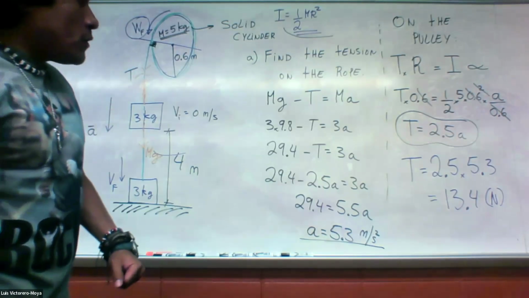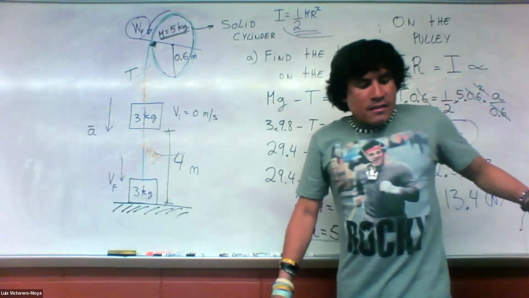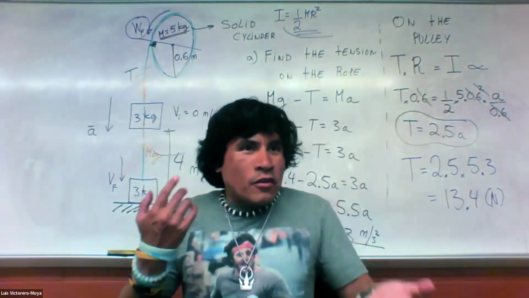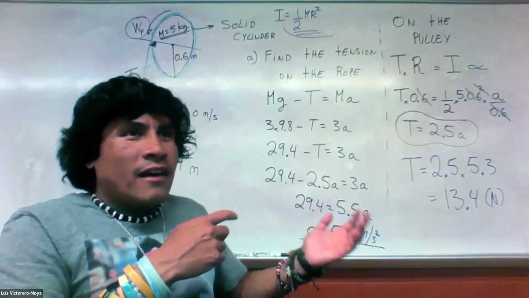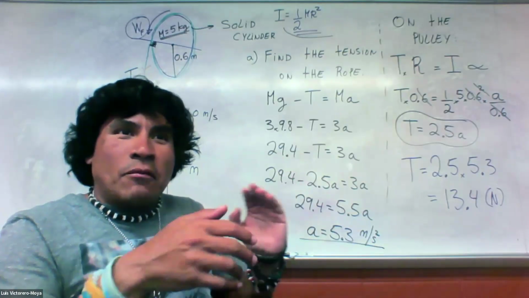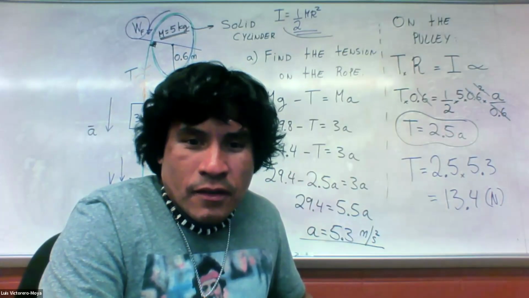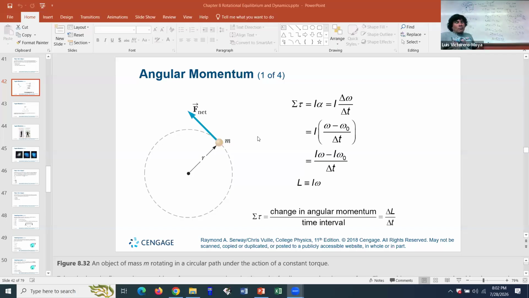All right. So, there's a couple more problems I want to do, but let's finish this chapter by introducing the last parameter. Remember, we talk about forces, torque, energy, rotational energy. And in chapter 6, we talk about linear momentum. Well, what happens when objects rotate? You have angular momentum. And this is important, guys, because